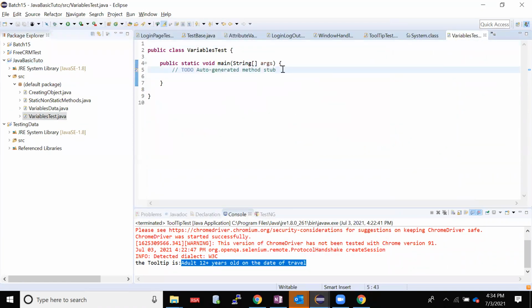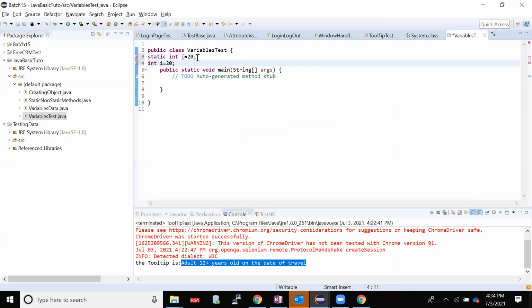So I want to explain what are static variable, instance variable, and local variable. Okay, so static variables are static in nature. We have to give the keyword static, static int i equal to 20. I have given. This is my static variable. Now, the same variable, if I give without static, it is my instance variable. Now I'm making int j equal to 30. This will be just after your class.